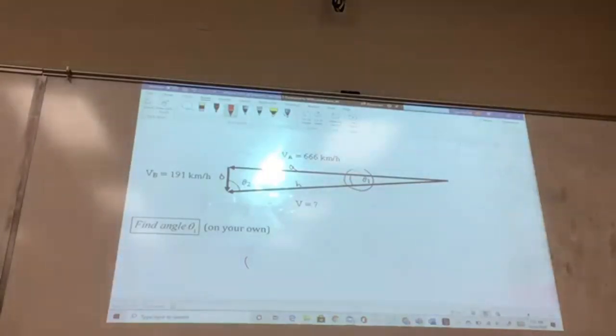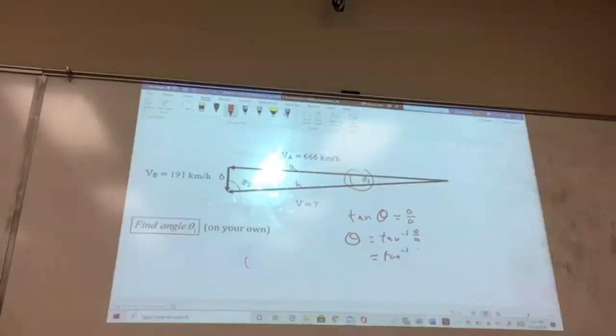Therefore, I need to use the tangent, right? So I write out the tangent of theta equals opposite over adjacent. But I don't want the tangent, I want theta itself. So theta equals the inverse tangent of opposite over adjacent, equals the inverse tangent of